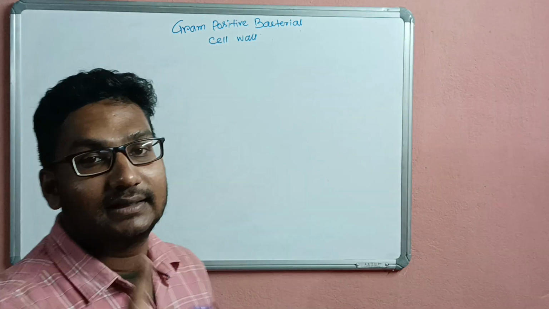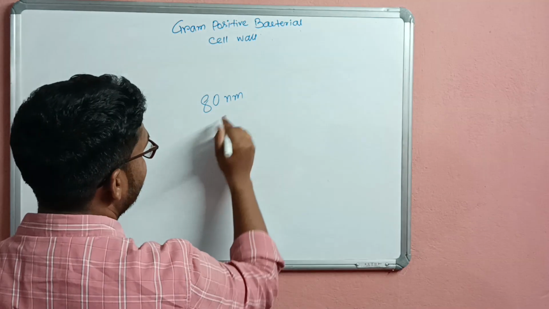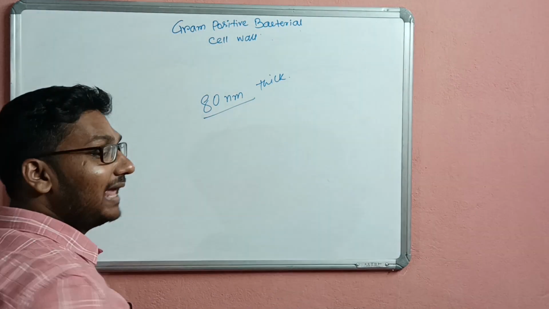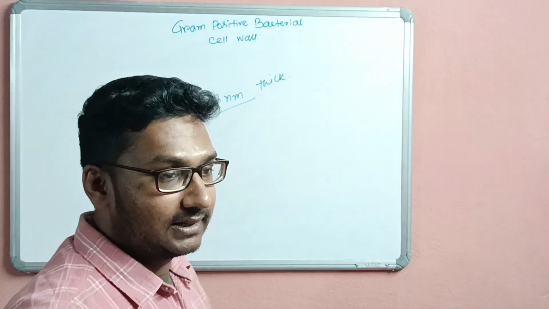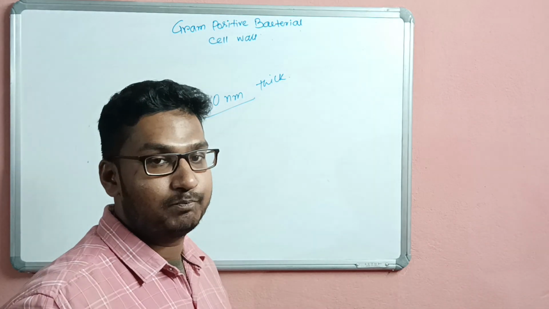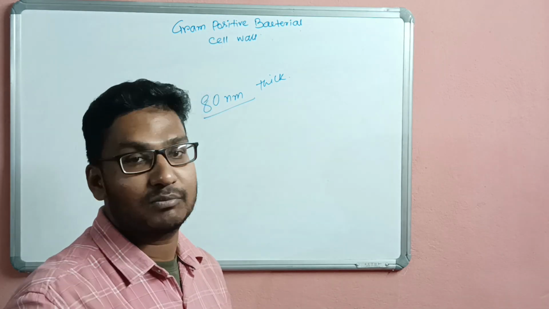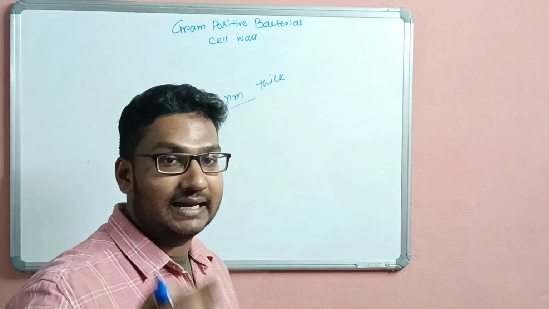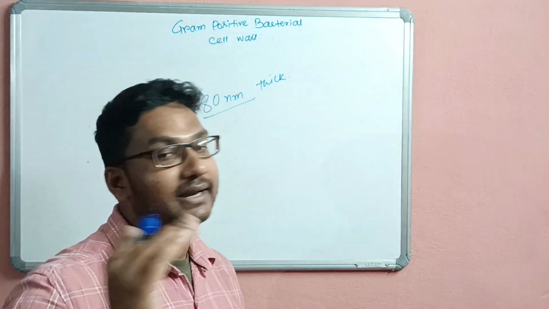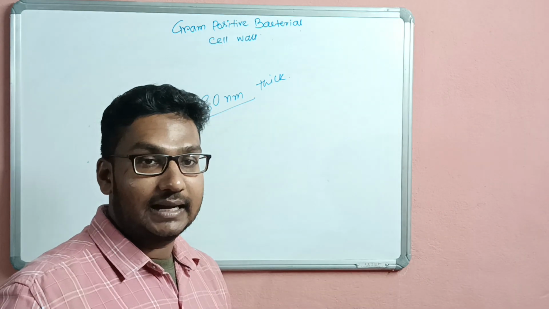80 nanometer thick. Okay. And mainly, if we differentiate between gram positive and gram negative bacteria, the gram negative bacterial cell wall is more complicated than gram positive, and the gram positive bacterial cell wall is thicker than the gram negative. Okay, and another point is gram positive